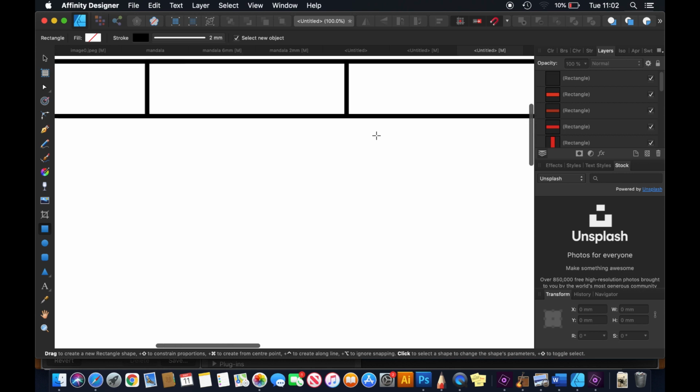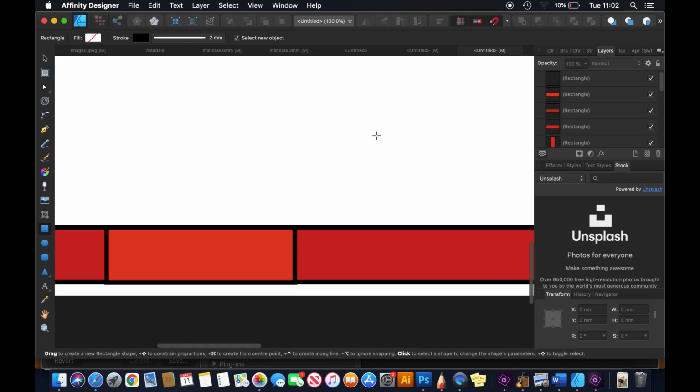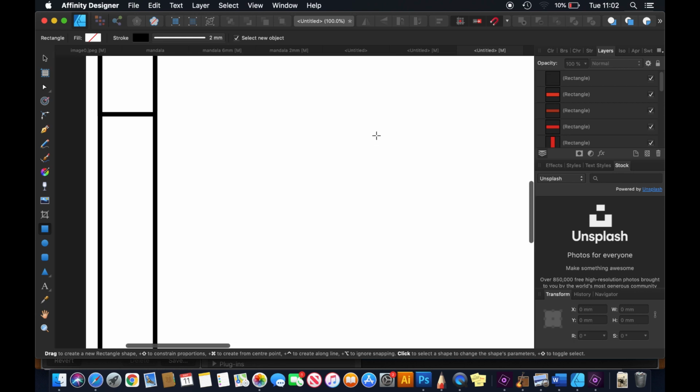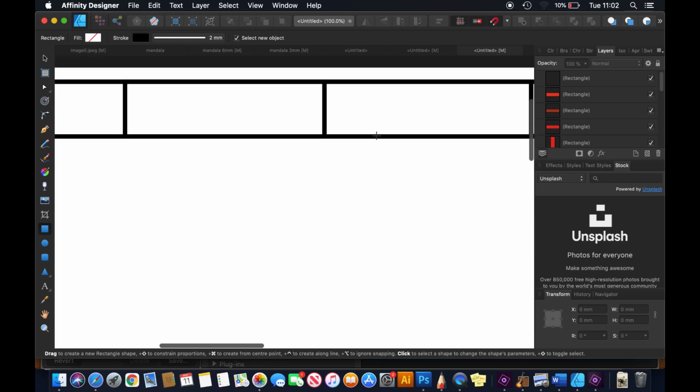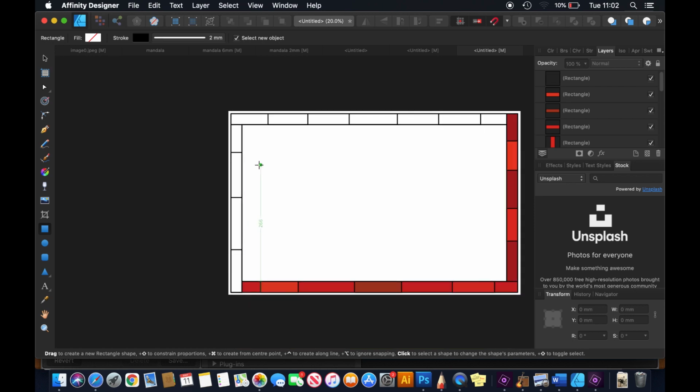So you can see what it's like. So I think I've got my border sizes right. Let's just zoom out again. So let's see, we want 4 horizontals, and probably either